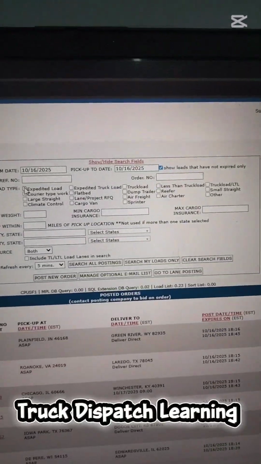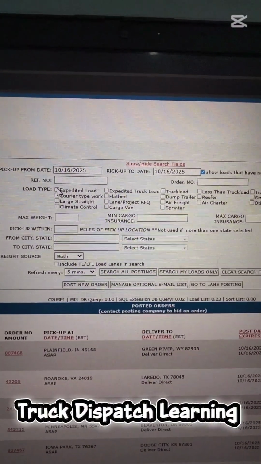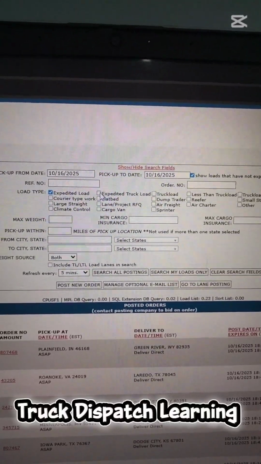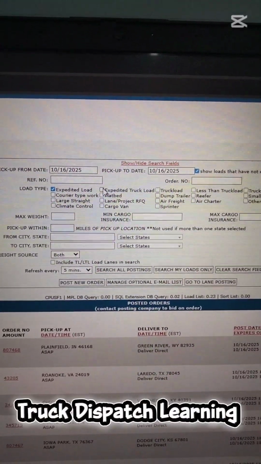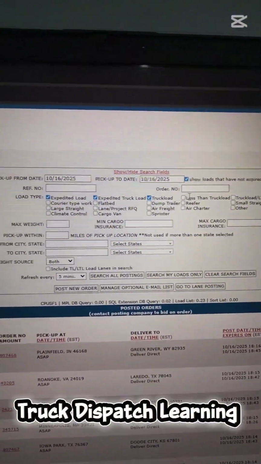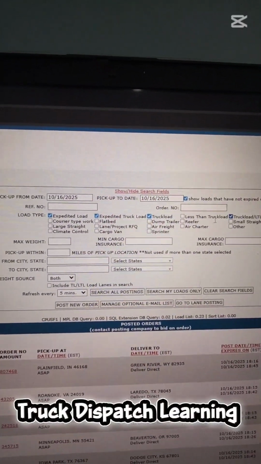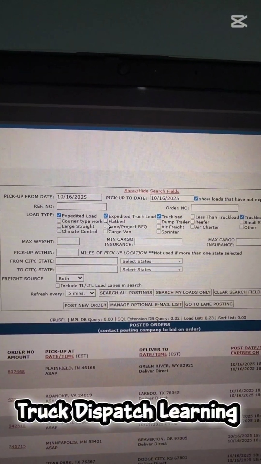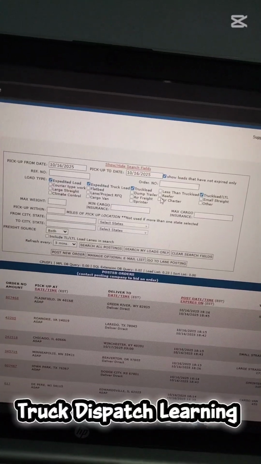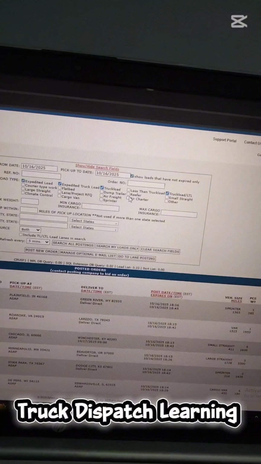There are some options that are considered general, so we will select all of them: the first one, expedited load, the second one, expedited truckload, then truckload, and then truckload and LTL option. And if you are using flatbed, here is the flatbed, but Sylectus is mostly used for